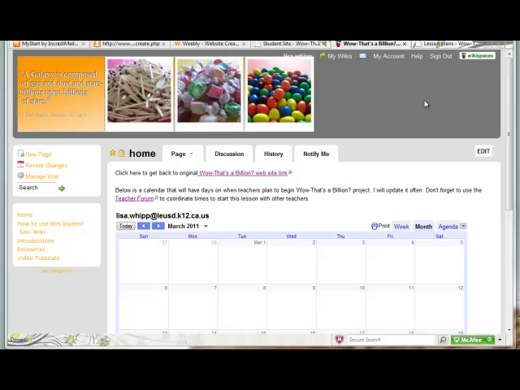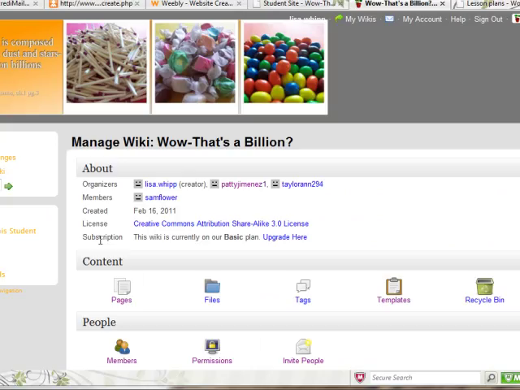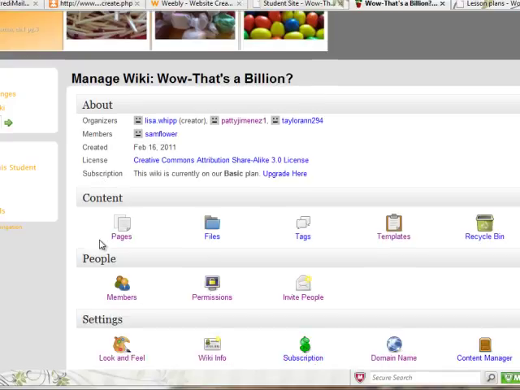So you want to sign in. And once you sign in, you want to go to Manage Wiki. Now, I have already made you an organizer. So an organizer allows you to invite members. Your students will just become members. So we're going to invite people,